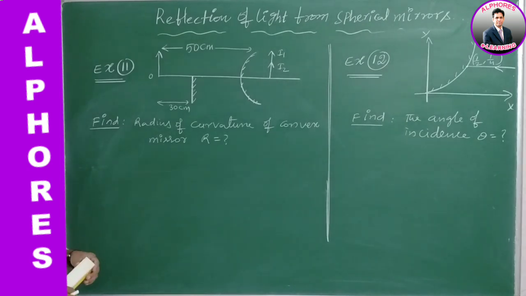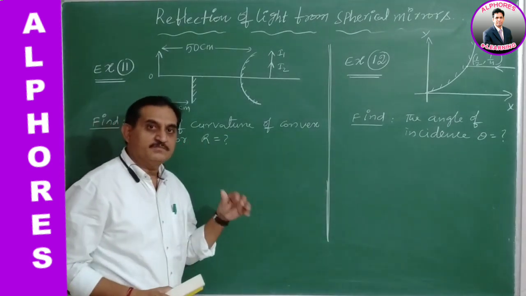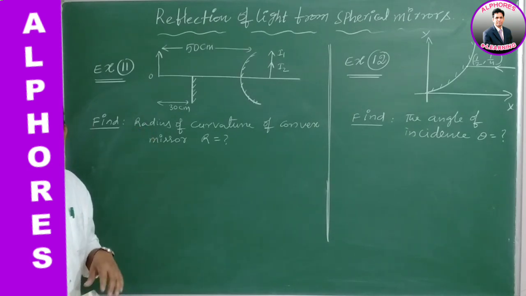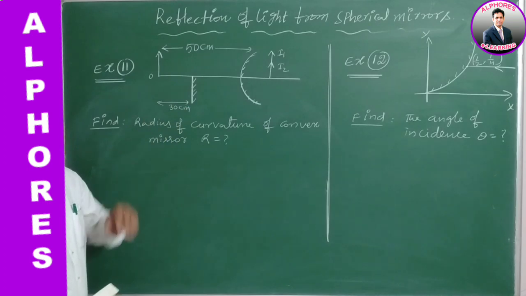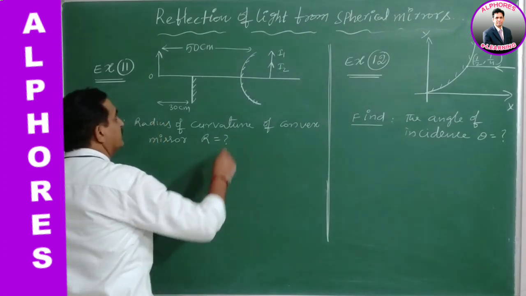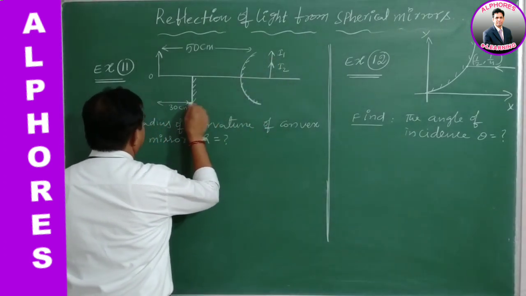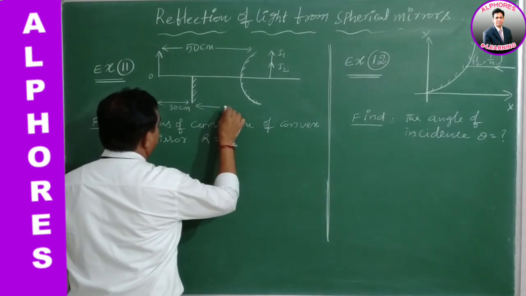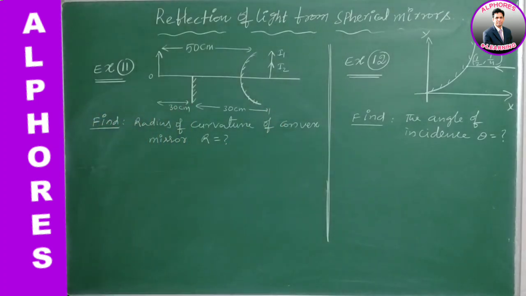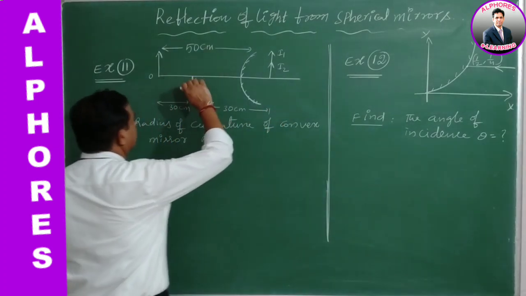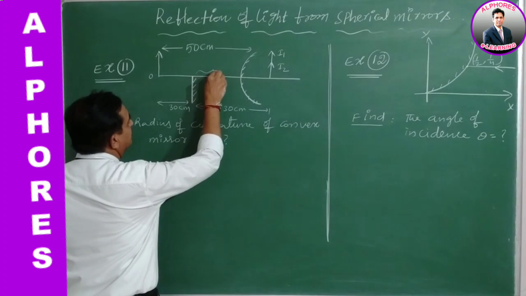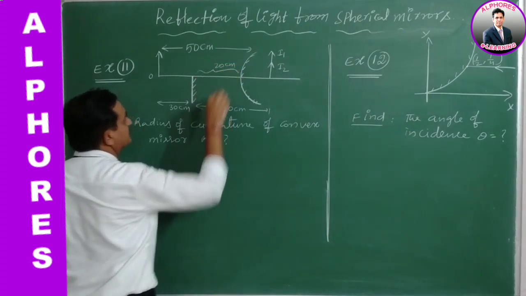Because of the convex mirror, the image formed will be virtual, behind the mirror, whatever may be the position of the object. We know this fundamental, and we know one more fundamental regarding plane mirrors: the distance of the object equals the distance of the image. For the image corresponding to the plane mirror, how much is it? It is also 30 centimeters. Now, as the data is given that the object is 50 centimeters from the convex mirror and this is 30, the remaining here is 20 centimeters.